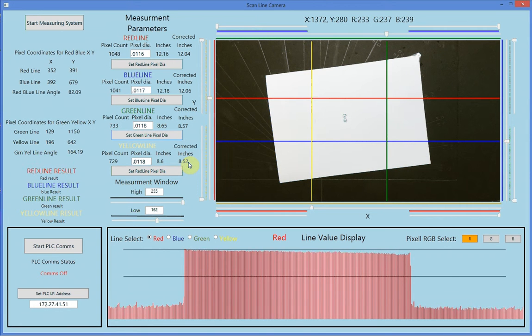And by the way, once it does the final compensation, it sends all this information to a PLC, and the PLC determines whether to reject or accept the panels going through its view. Now if we bring it back to 90,